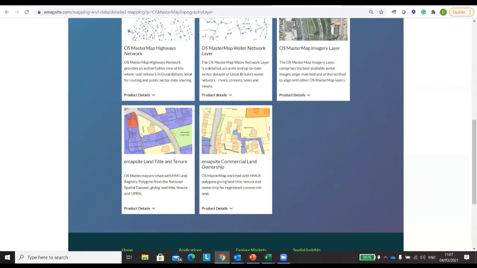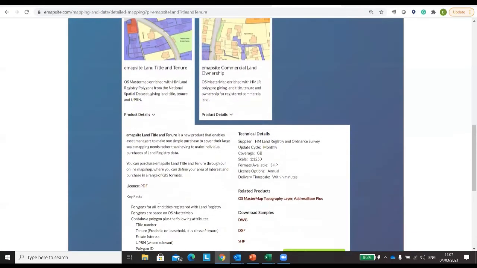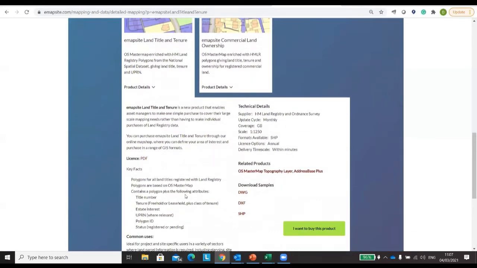The one on the left hand side gives you the site boundaries and some additional information: is it freehold, is it leasehold, and the title number. So going into the environmental, even into architects, landscape architects, whatever the different discipline is, understanding the site boundary has been hugely popular. Once I present this on different webinars through the year, the uptake on this product is significant. It's basically a marginal price difference, if we're talking price for a second,